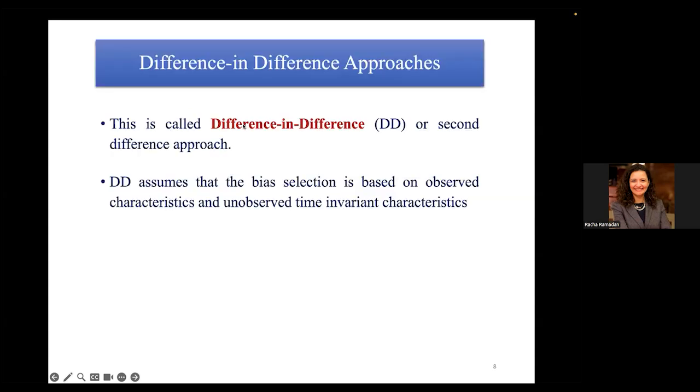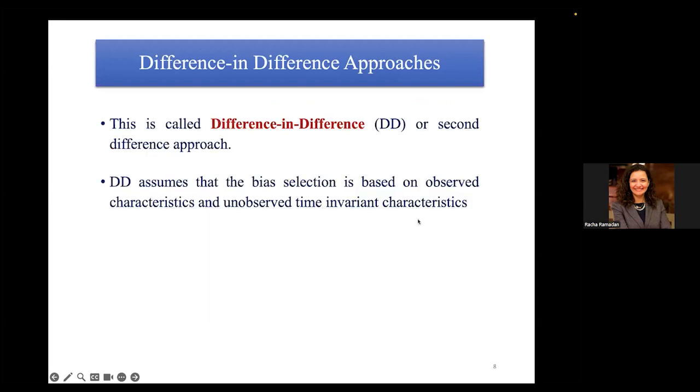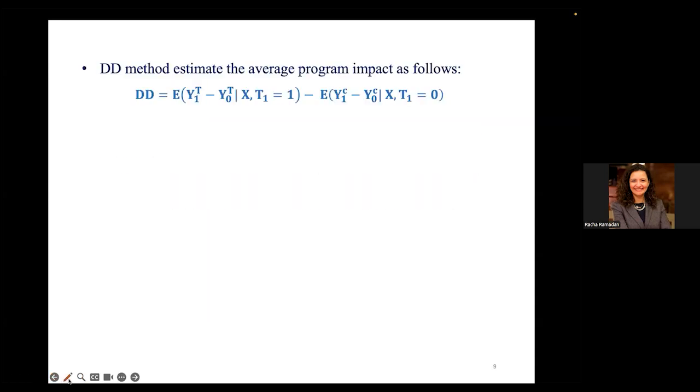If I look at my table here, it was B minus A. So this part is the difference of income after the treatment minus the income before the treatment for the treated group,